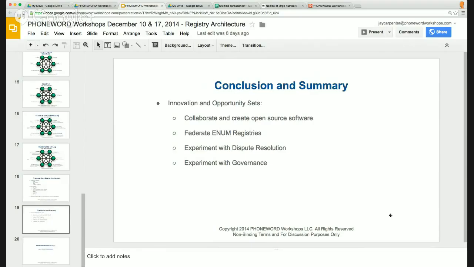The other part of this is federating ENUM registries, so we start to take what's already existing in the ENUM space and start to federate it and start to create a workable pathway for migration to a contemporary realm,